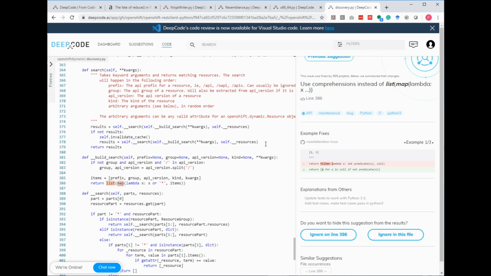With this, we can literally use these parameters to use the one rule to cover a lot of different aspects and a lot of different problems in the source code. So what I wanted to show you was, number one, the idea of using these comprehensions instead of filter. And on the other side, I also wanted to show you how DeepCode internally works by using the same rule set on different aspects, so that we don't have to build a new rule for everything that we want to find.